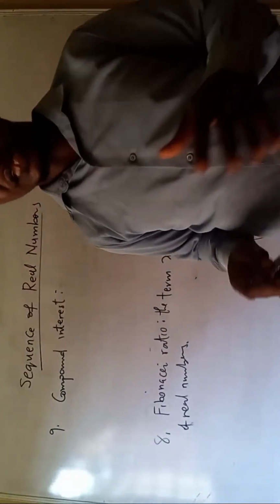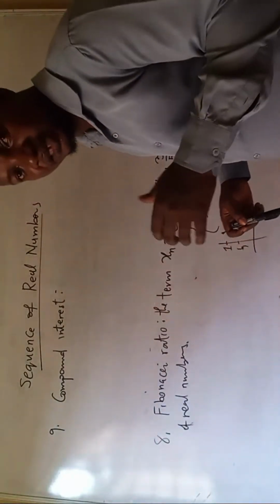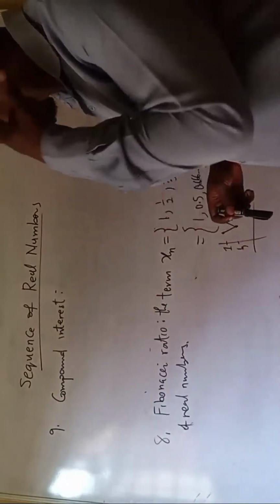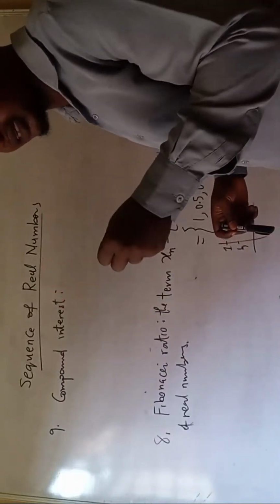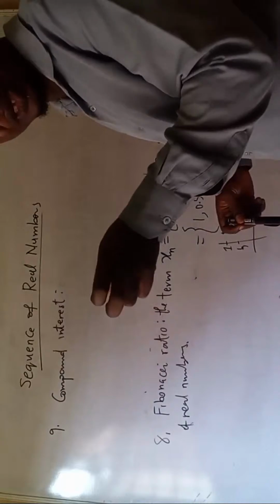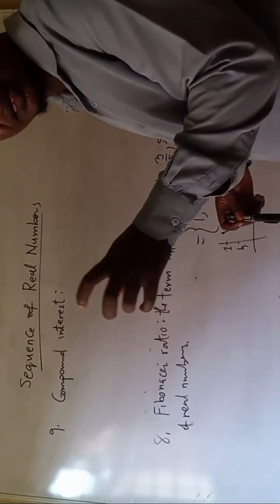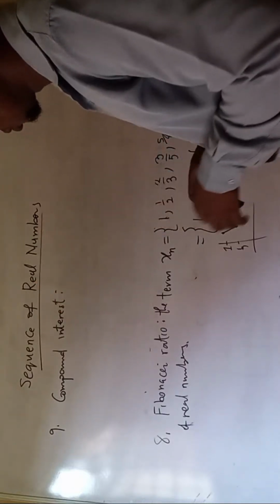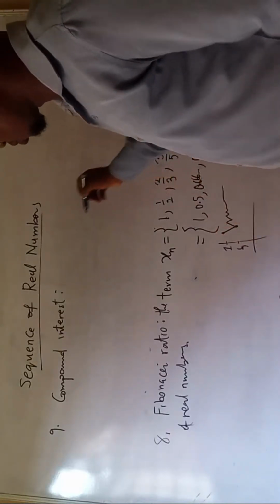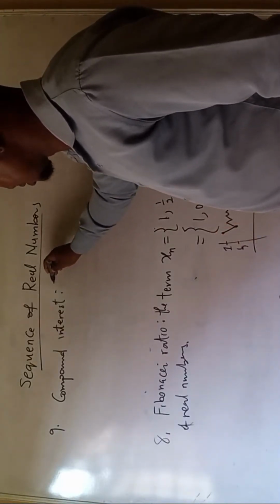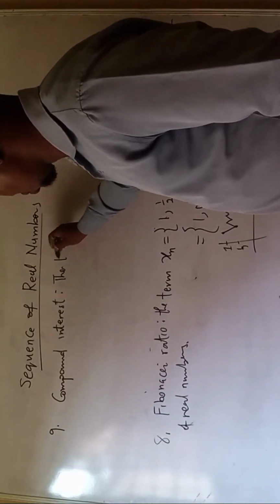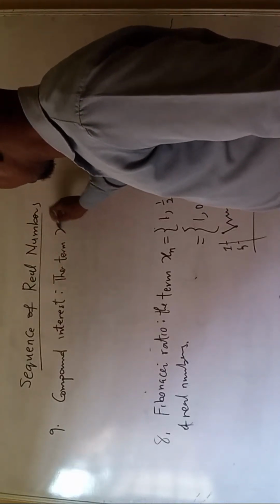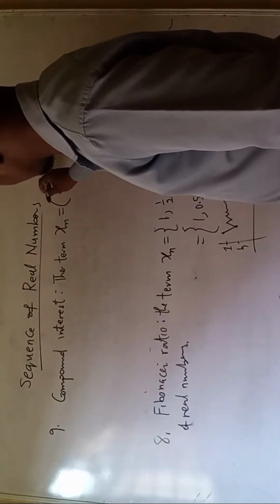So that is what we refer to as compound interest in the area of accounting. And from the formula of the compound interest, where we have the compound interest to be the principal multiplied by some terms there, we can formulate a particular sequence. I will just write the sequence here. But we can find out what is the formula for compound interest. So we have a kind of sequence.